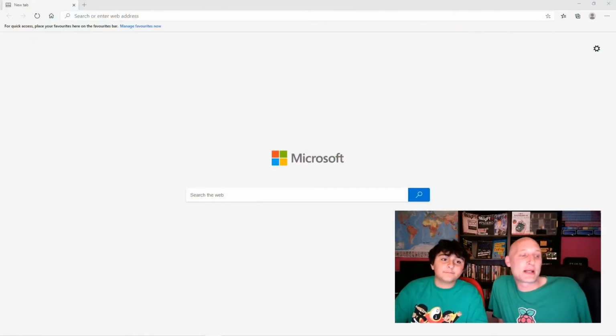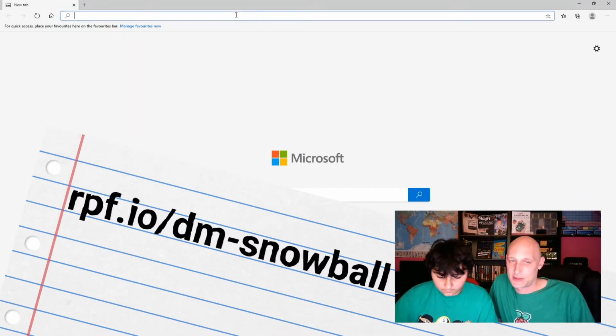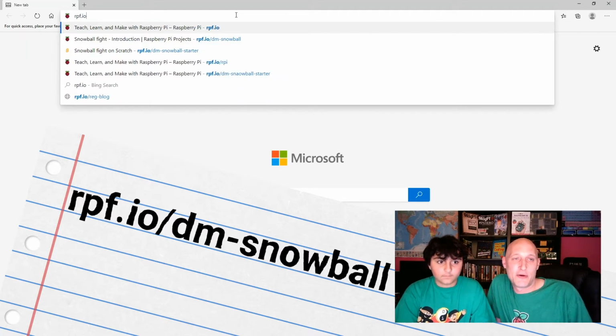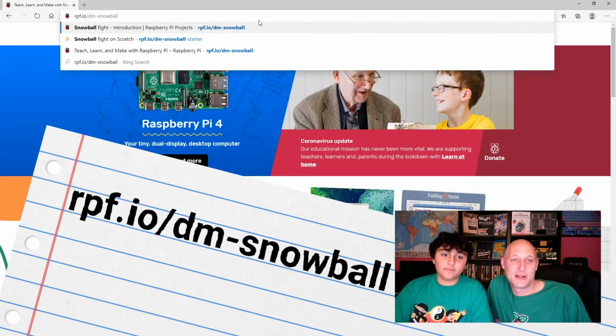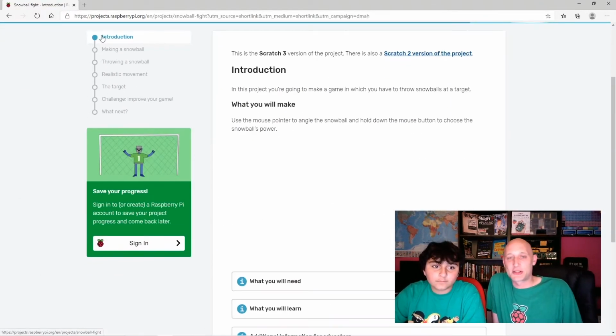So we're going to get started. The first thing you want to do is open up your web browser. So I'm just going to do that now. And I'm going to open up my web browser and we're going to go to rpf.io/dm-snowball. That's going to take you to the project site where you've got all the instructions for this project,